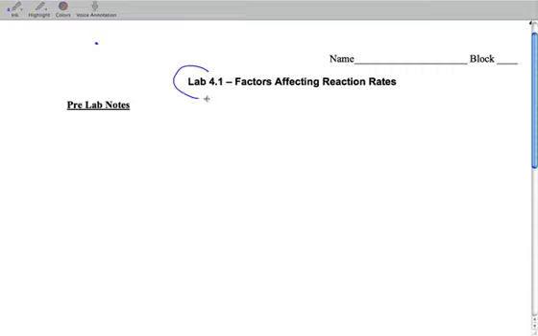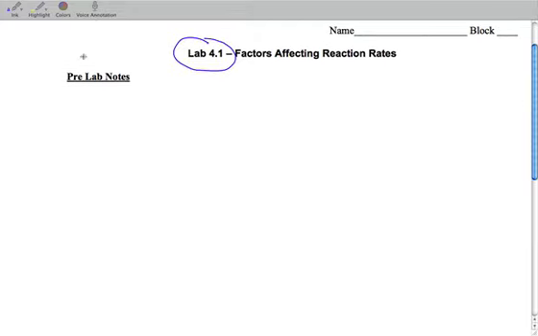Broadcasting the solutions to lab 4.1. Actually, I'm going to go over the pre-lab notes because I feel like they're fairly important. And in the pre-lab notes, we first distinguish the first three main factors that can increase the rate of a